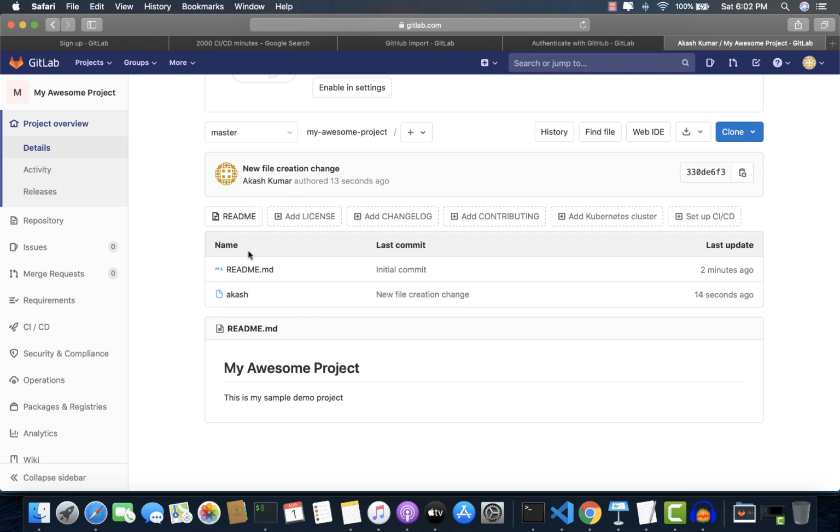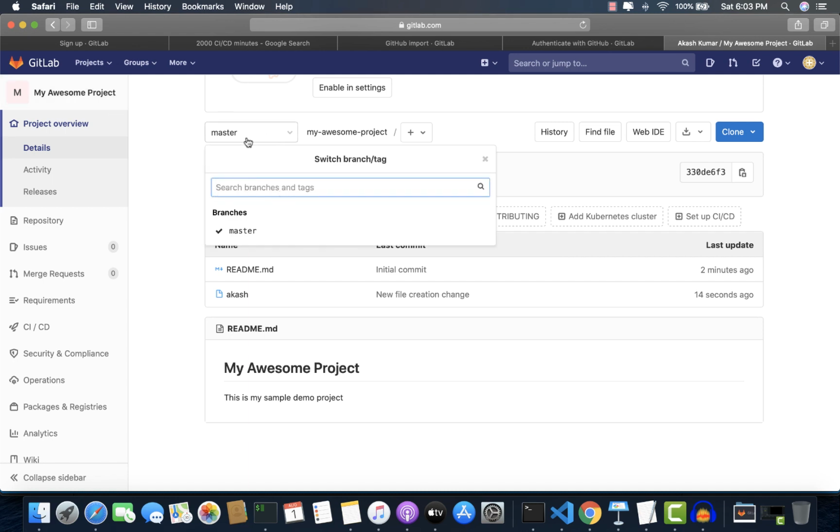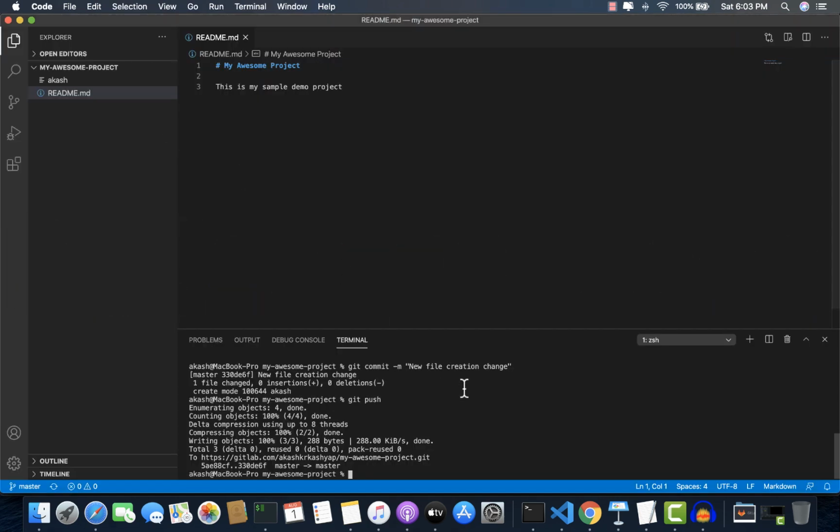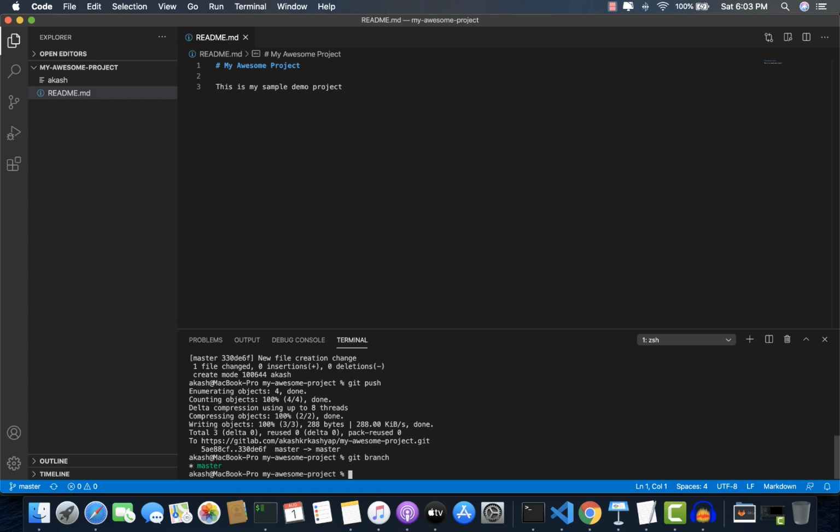Now, you can do a lot of things. You can create multiple branches and all those things. We will take this particular part in the later part of the video, or we can just see how we can create branches over here. If you do git branch, just do git checkout -b, which is the command to create a branch and check out to that branch. So git checkout -b, and then let's say feature 1.